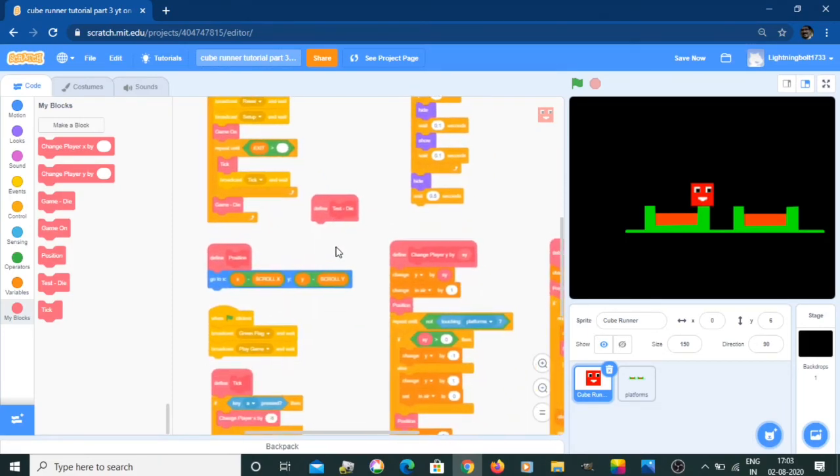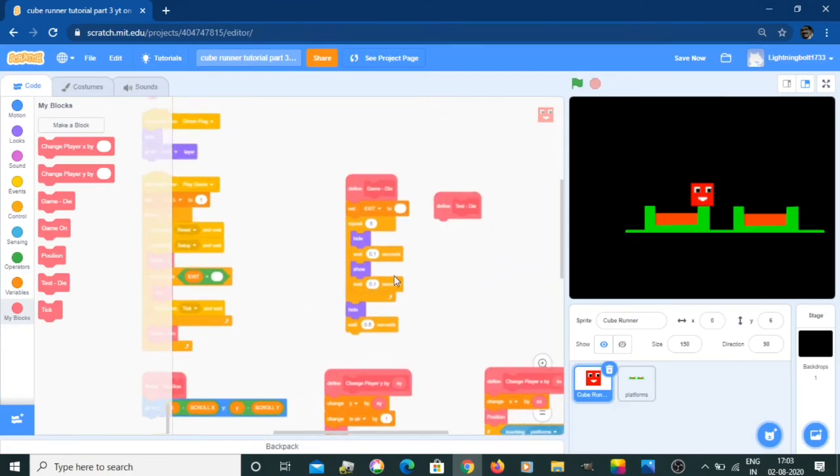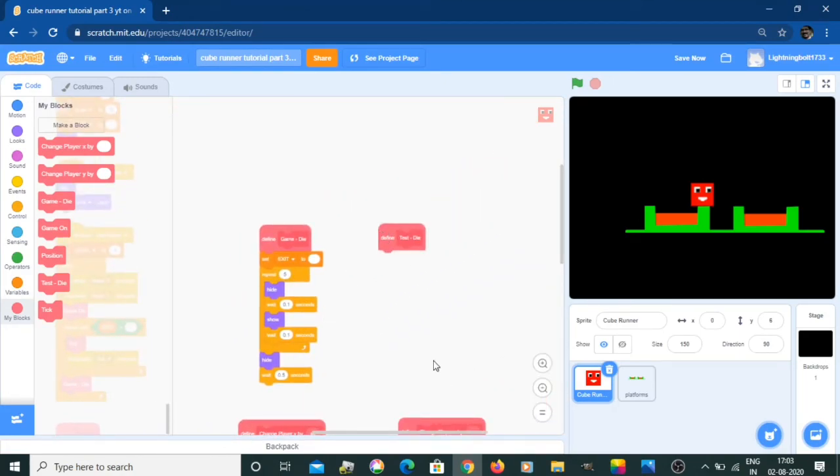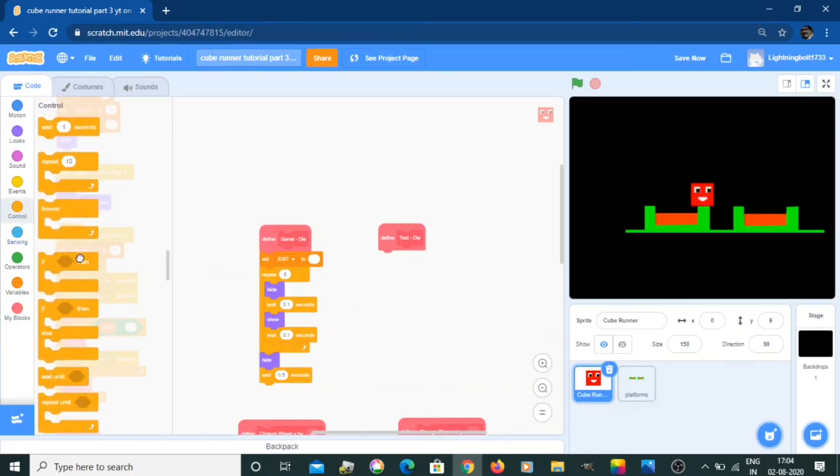Yeah, so we're just going to put this in a clean place, around there. Define test die, and in test die, what we're going to do is say control, if